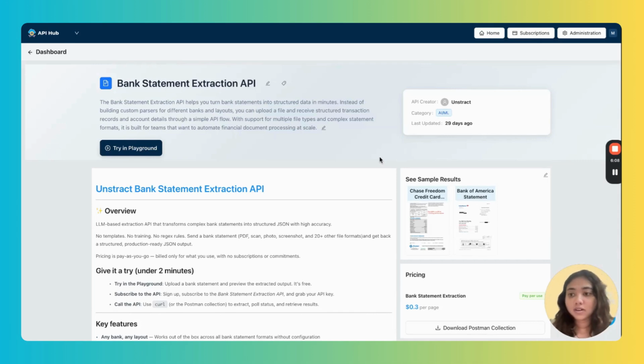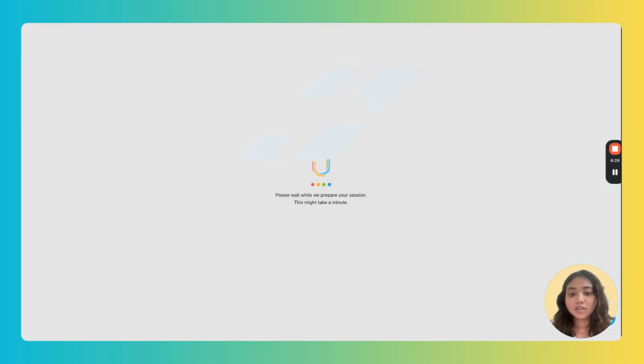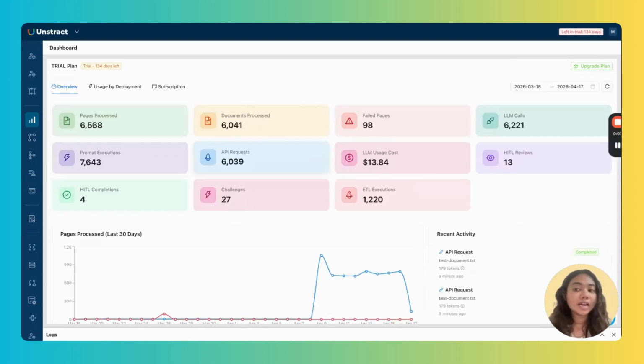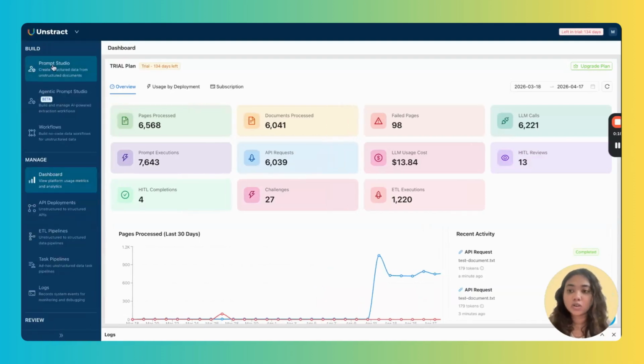Now going for the other method. Let's say you want more control over how you develop the prompts. Let's say I'm not happy with the structure of the response given over here, or I just want more control over how I update and maintain it. In that case, I can create my own bank statement extractor using Unstract. Over here, I'll have to define prompts to specify how to extract data from bank statements. If my needs are pretty simple, and I'm just looking to extract one or two data fields, then I can go for the traditional Prompt Studio where I'll have to manually define the prompts. However, if I'm looking for a more extensive use case, then another option would be the Agentic Prompt Studio, which is what we'll be exploring today.